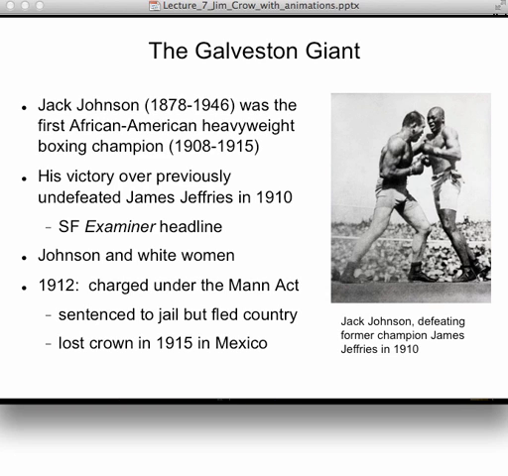And after he got the championship in 1908, many white Americans really wanted Jack Johnson to be defeated and the championship to go back to a white male. So an earlier champion named James Jeffries, who had retired undefeated, was coaxed out of retirement to fight Johnson in 1910, and Jeffries became known as the quote-unquote hope of the white race. But Johnson defeated Jeffries handily in this fight in 1910, a fight which sparked bloody and violent race riots all over the country.